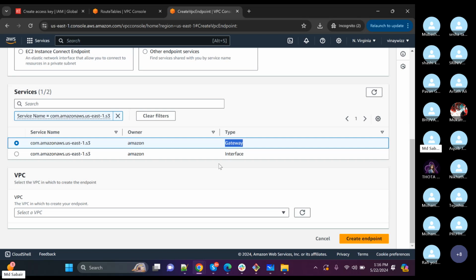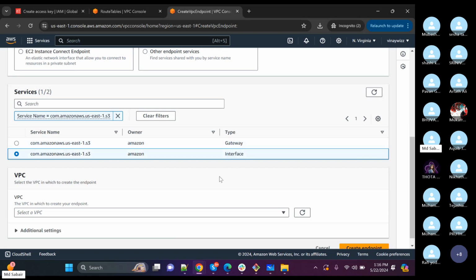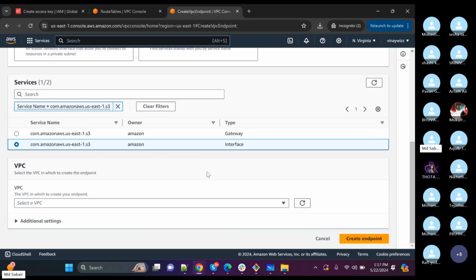Okay, if I'm using interface, what will happen? It will try to create one elastic IP as well. I mean, we need to specify the IP address. It will try to create one ENI. ENI means elastic network interface. For example,